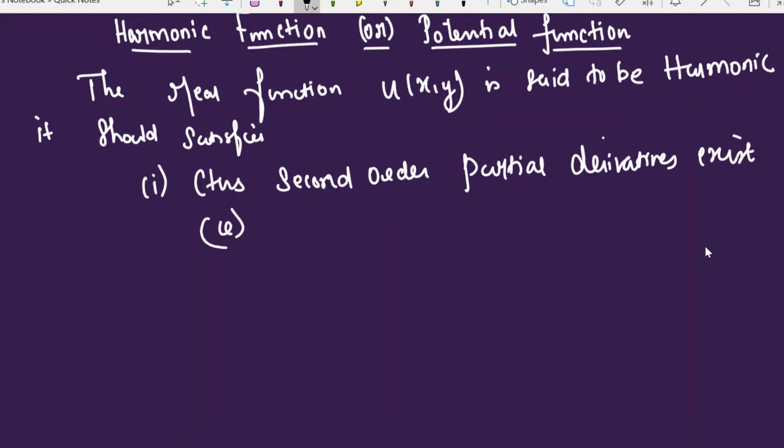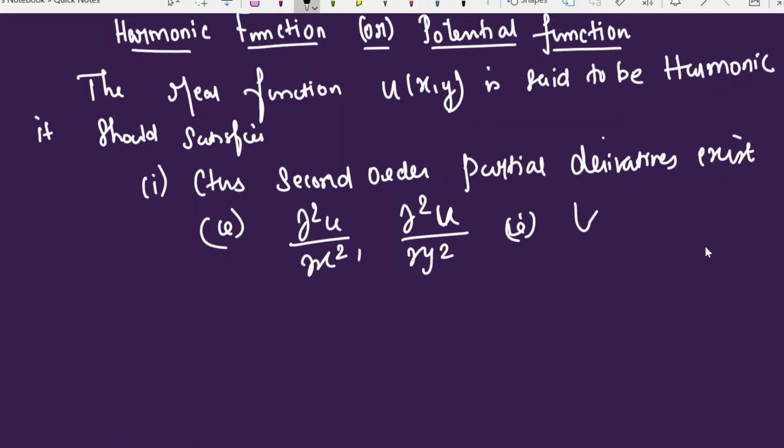That is dou squared u by dou x square, dou square u by dou y square, u double x, u double y exist. Second one, the derivatives should satisfy